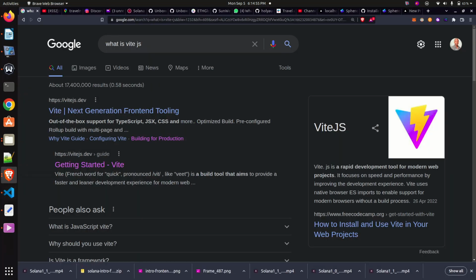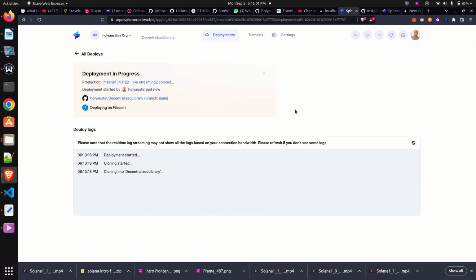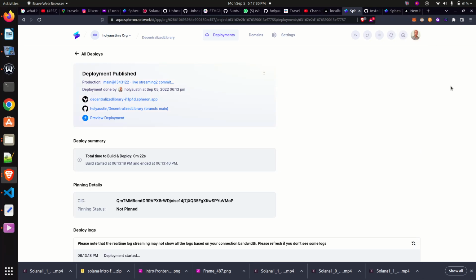So we can still go back and know, okay, still cloning. That's at this stage. So I'm going to pause this video and resume back when the deployment is now published. As you can see, my latest commit, which is live streaming commit, is what is now showing here. So this video published on 5th of September 2022